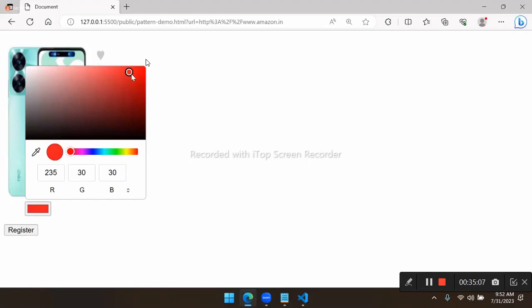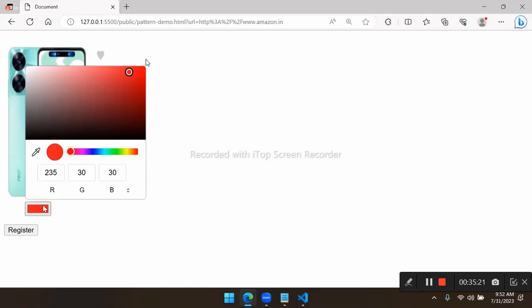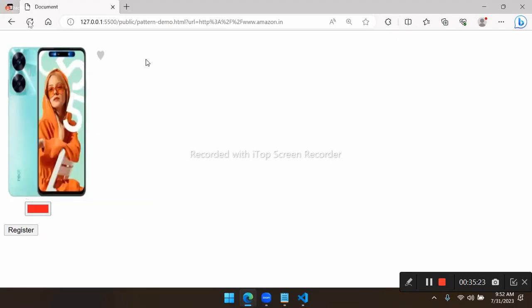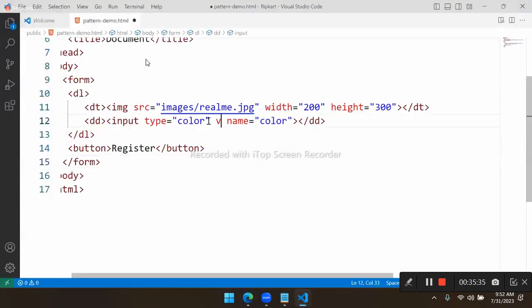Generally with JavaScript, what we do is we identify what that color code is and we apply that to the image. The image or any element will display in the same color. Usually this is a color picker. And by default, when you open the page, it is showing black. If you want a default color, color can have a value. I have given red and you can see it is unable to display that red